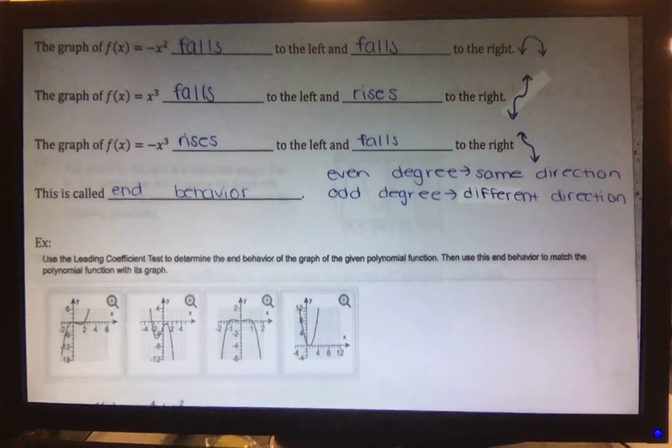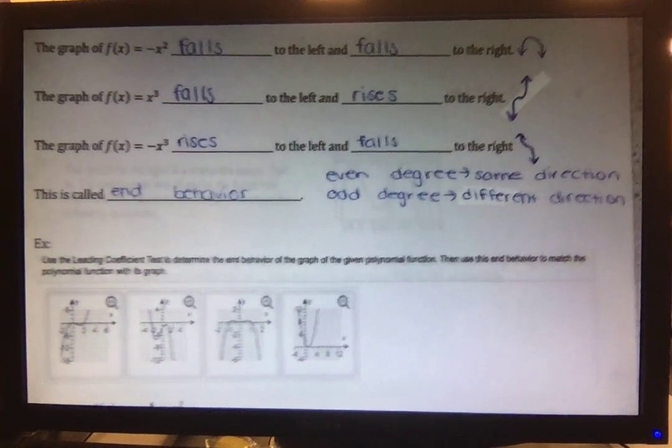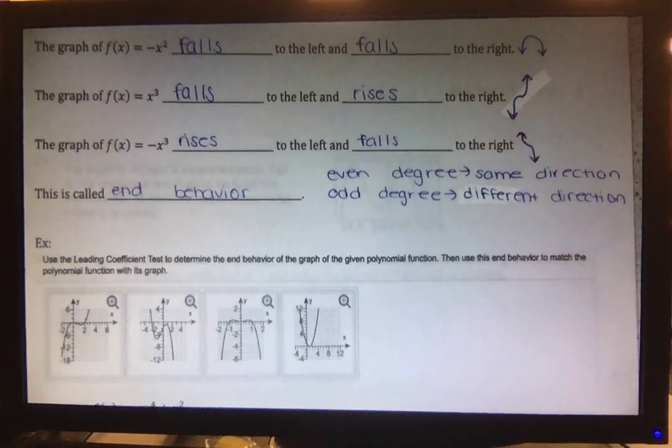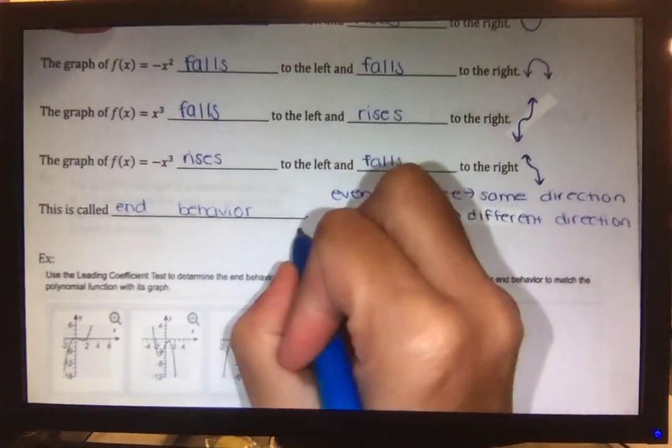All right, so what about leading coefficients? So that's telling me they're both going the same, or both going different, but now you see how they're both going up, or both going down. So if we have a positive leading coefficient,